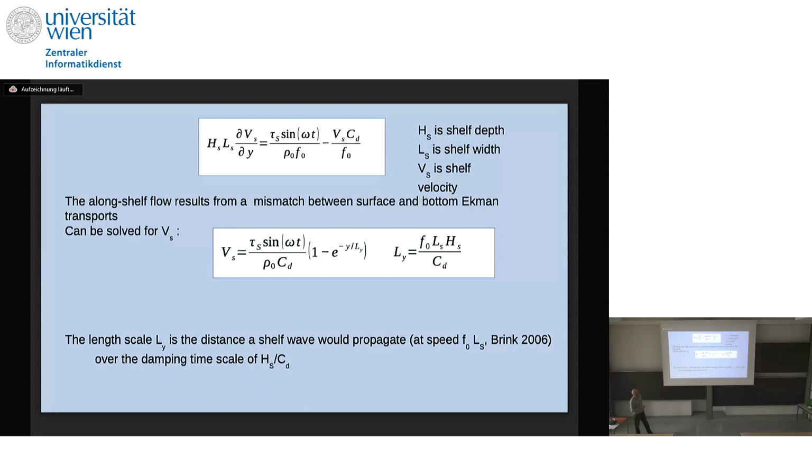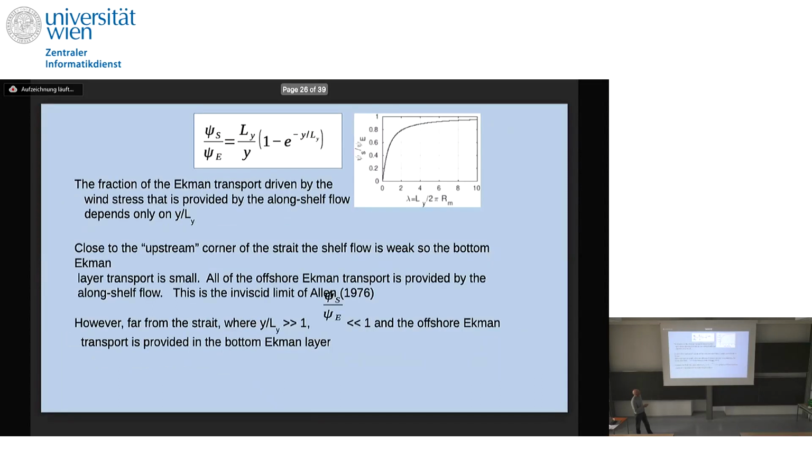When y is 0, the velocity is 0. That's right at the inflow, right? So I can't have any flow going to the left of that. And it adjusts to this velocity and magnitude over this length scale, L sub y. L sub y, we can interpret,